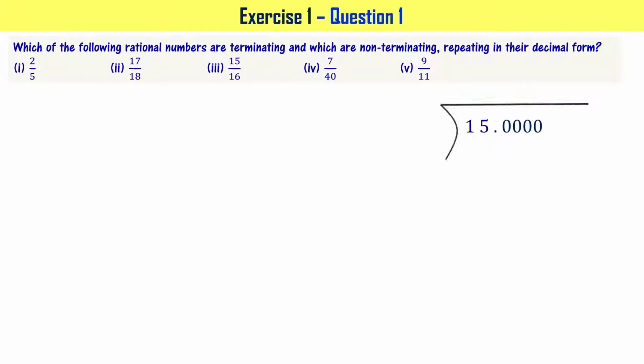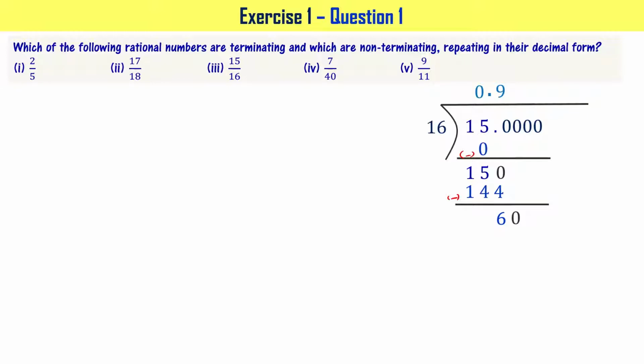Let me write 15 as 15.000 and so on. Let me write 16 as shown here. 0 times 16, 0. Let's subtract 0 from 15. You get 15. Now let me put dot and bring first 0 down so that I have 150 now here. 9 times 16 is 144. Let me subtract 144 from 150. When you do that, you get 6 as the answer. Now bring another 0 down.